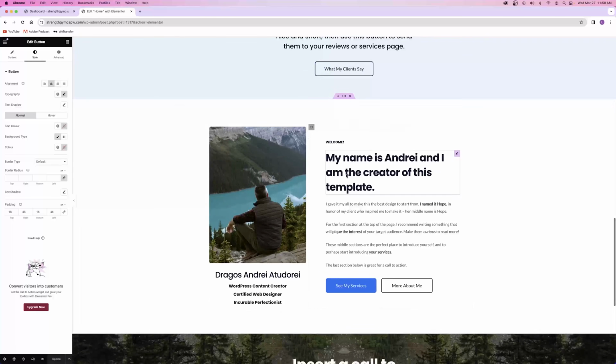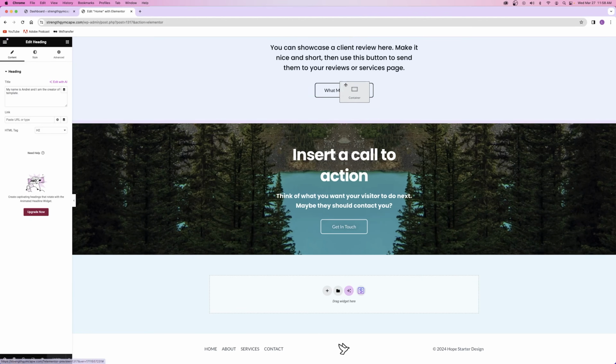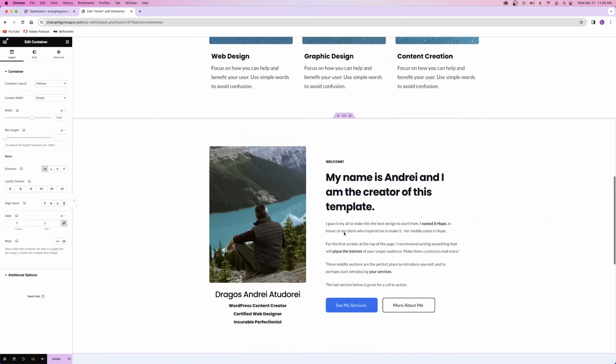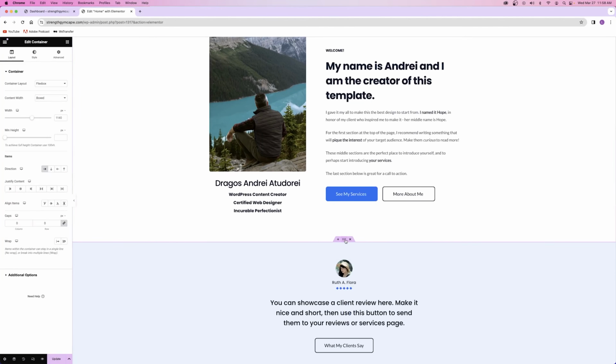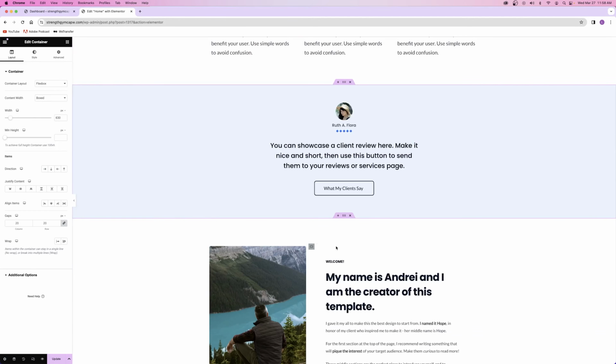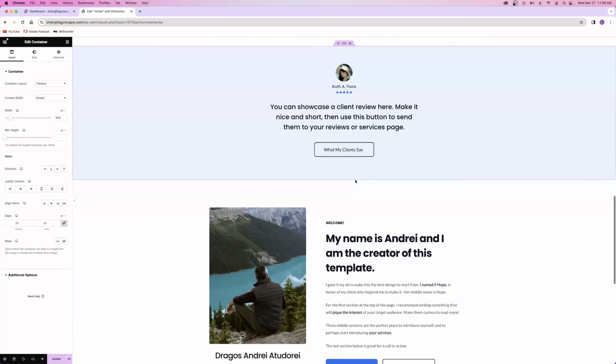Or if you personally like this about section and you just wanna change the picture to be a picture of you and the text to be, you know, whatever you wanna say, then you can click and drag on the 6 dots like this and watch this. I can scroll up and I can change the order of my website by dragging this on top. So now I just switched orders, right? So if you guys want to, let me scroll up here. You guys can drag this one to be up above the services right here, but personally, I'm just gonna delete